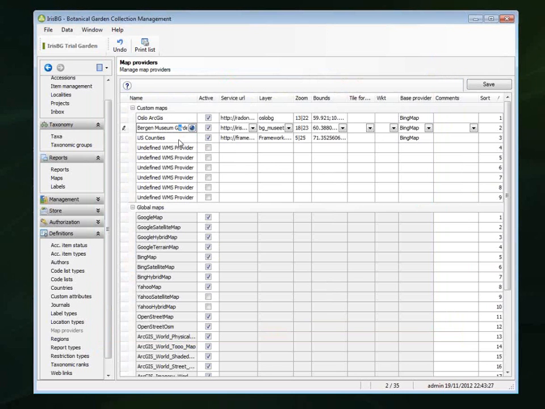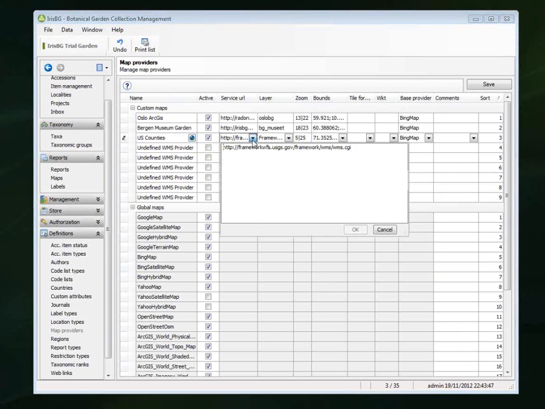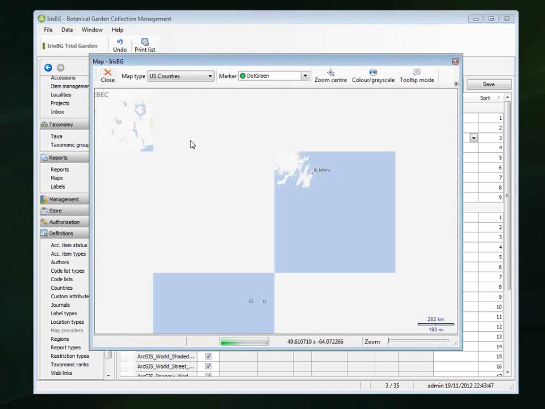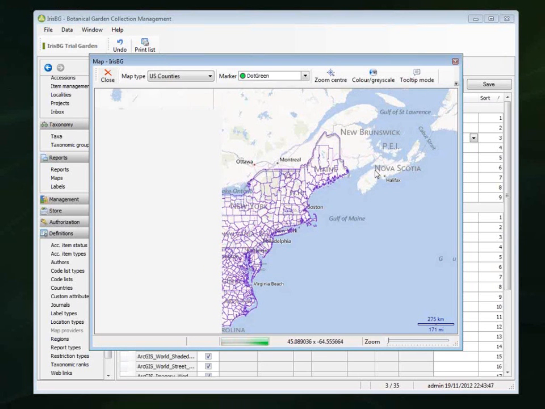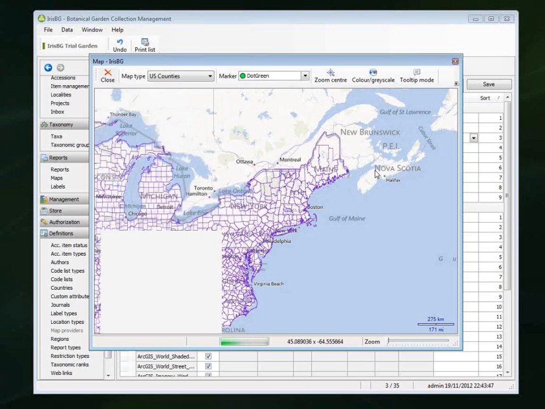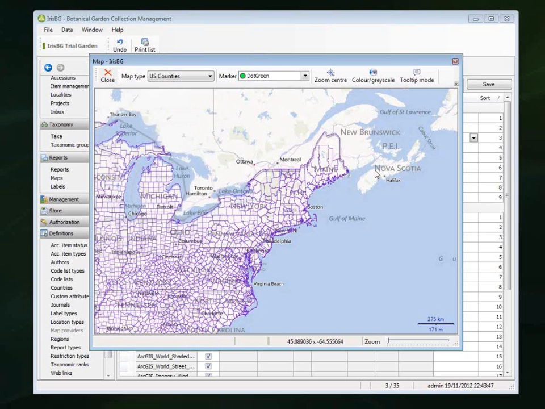So here's another example. This is an example where we use just an open map provider published by the American government, which gives you the US counties. And I've put that on top of Bing, the standard Bing maps. So this example, it might not be applicable for a standard garden, but it's just to illustrate the